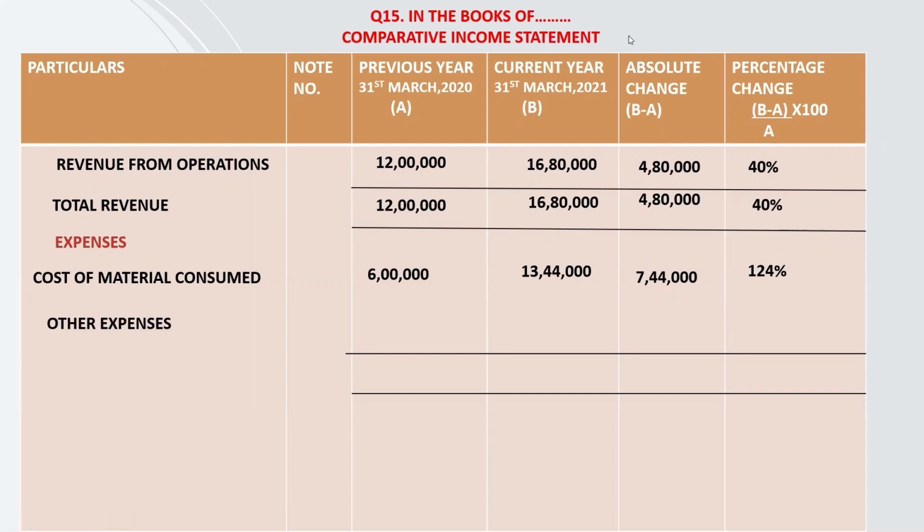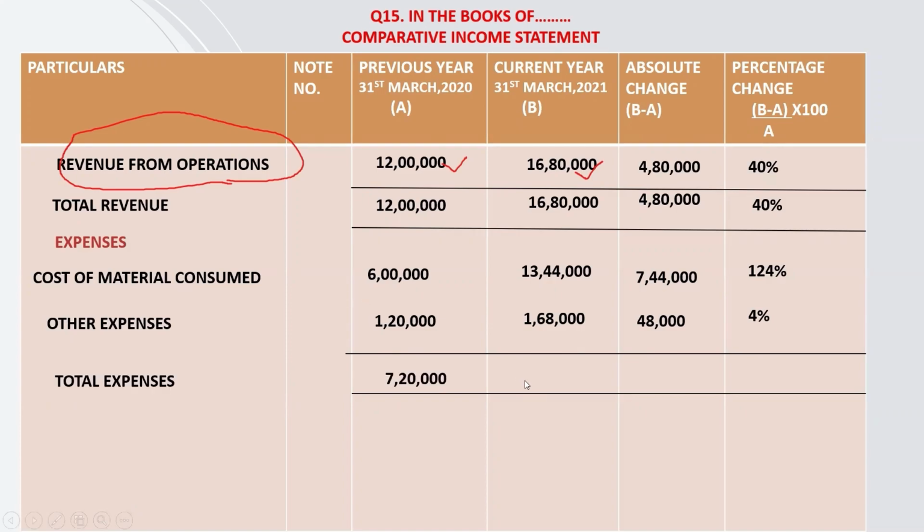For other expenses, it is written that they are 10% of operating revenue. So what is our operating revenue? Revenue from operations. Now we will calculate 10% of 12 lakh and 10% of 16,80,000, which will stand at 1,20,000 and 1,68,000. The difference of both is 48,000. The percentage we get is 4%, 48,000 divided by 1,20,000. Total expenses 7,20,000, 15,12,000. The absolute change of both is 7,92,000. This 7,92,000 divided by 7,20,000 will stand at